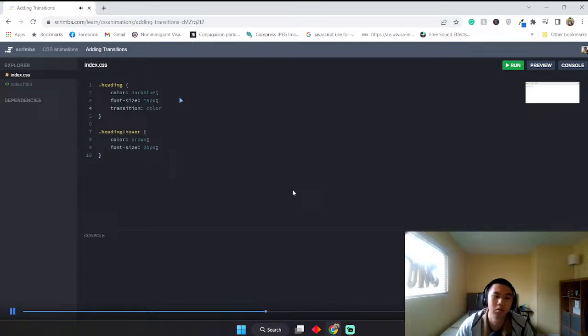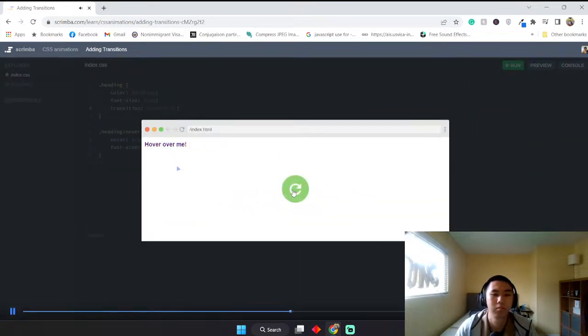So I don't have to target the size and the color, but I can target color specifically. And then the second part is going to be the time that it takes to transition in seconds. So I am going to go ahead and type maybe 0.5 seconds. So now let's go ahead and check that out. So you can see that the size changes instantly since we didn't transition that, but the color takes 0.5 seconds